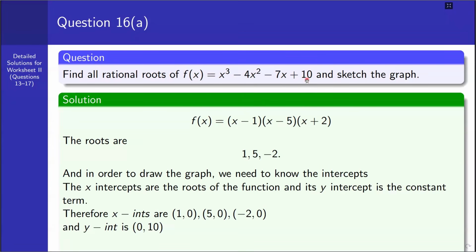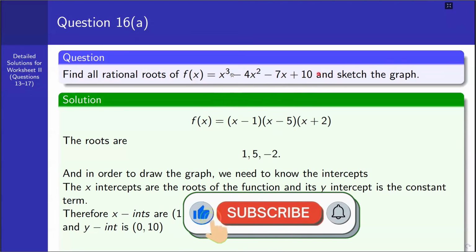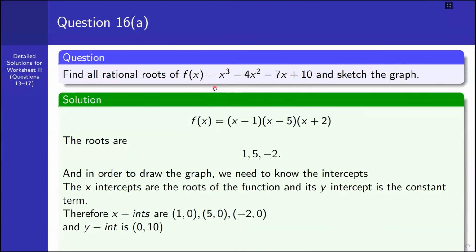ኮንስታንት ተርም ሄር ኢዝ 10 ሶ ዛት 0 10 would be its y intercept። ሌላው እዚህ ጋር ስለ ፖሊኖሚያል ፋንክሽን ግራፍ በምናወራበት ጊዜ የፖሊኖሚያል ፋንክሽን ግራፍ ምንድነው ከተባለ it is the smooth curve and the graphical or simply the turning points አሉት። The maximum number of turning points of the given polynomial function could be n minus 1 when n is the degree of the given polynomial function። ስለዚህ ይህ ኪዩቢክ ፖሊኖሚያል ፋንክሽን ስለተሰጠን የዚህ ፋንክሽን ግራፍ ሁለት ተርኒንግ ፖይንቶች ሊኖሩት ይችላሉ። ቢያንስ አንድ ግን ይኖረዋል።